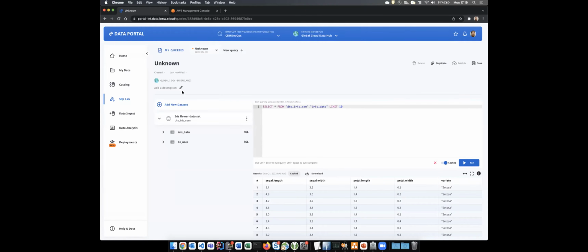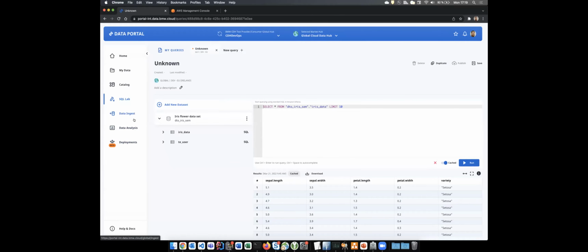And this functionality is available for data that I have access to, because I have read access or write access, but it's also available for data that I don't have access to. And this is what we call the preview functionality. So you have access to the first 100 rows of the data if it is not containing PII information. In this way, you can do a little exploratory analysis of the data. And when you are confident that you really can gain insights from the data, you can do an access request and then have access to the full data.